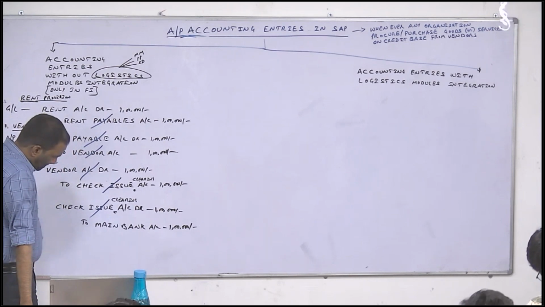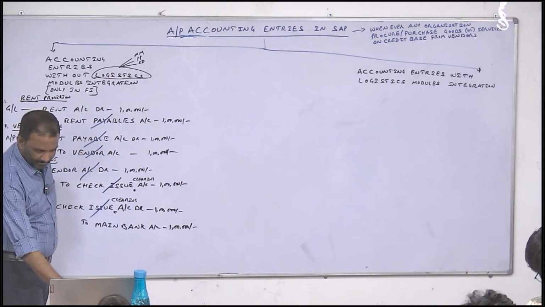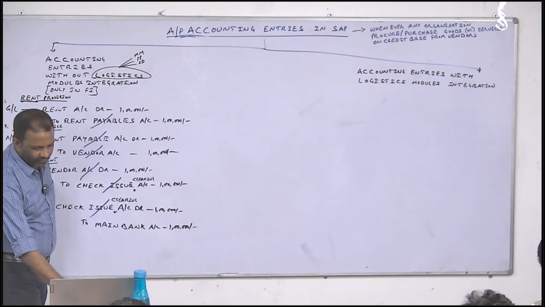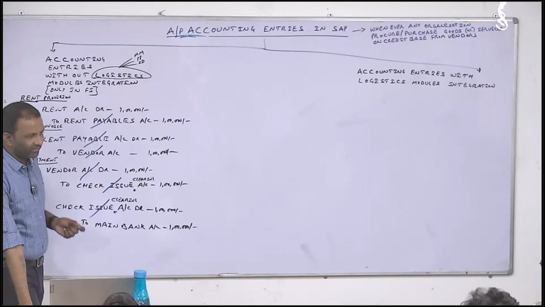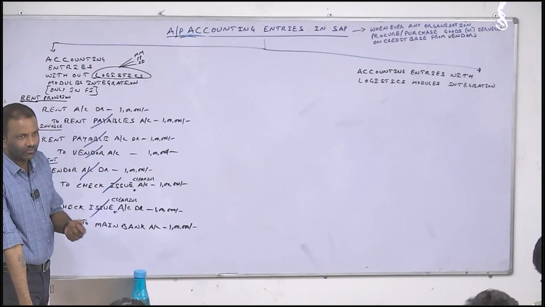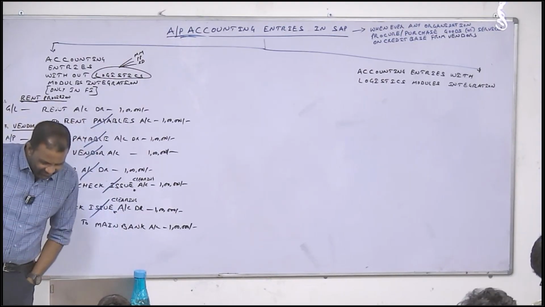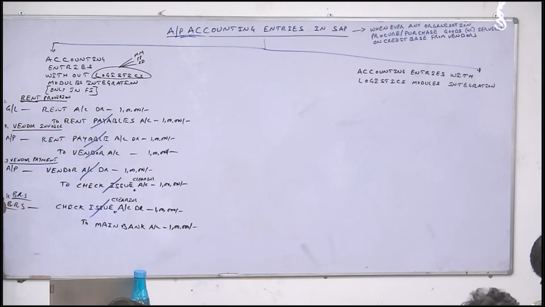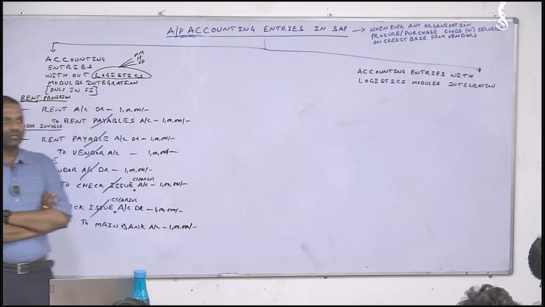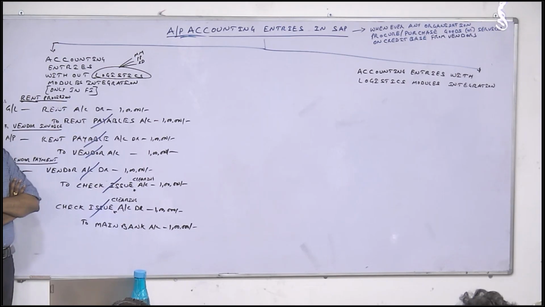Sir, in the provisional GL account, I have a doubt. Even advances and prepaid expenses, do they come under provisional or normal? Online people, while you are asking, please tell me your name upfront so I understand who is talking. Myself, Josna, sir. Prepaid will come under provisional only, but advances we treat in a different way in SAP. You can create prepaid as open item management.